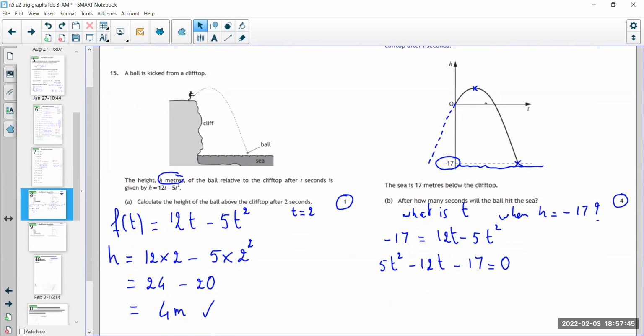They've asked us after how many seconds, which is find that t here, which is a positive time. So I've got 0 seconds. We notice that after 2 seconds, we're at 4 meters. After how many seconds will we be at -17? That is the question. So you need to factorize this,